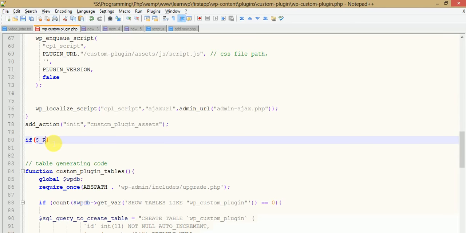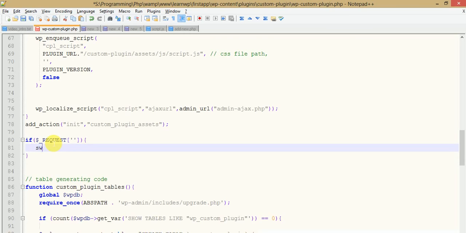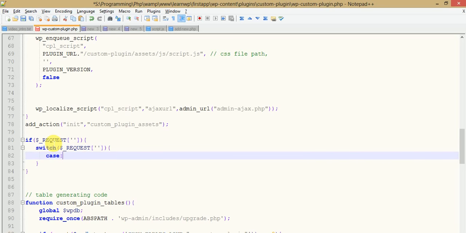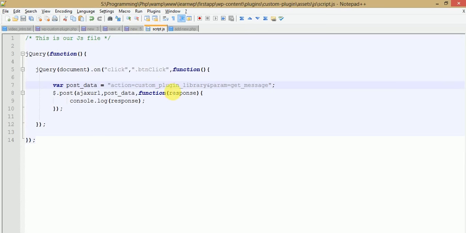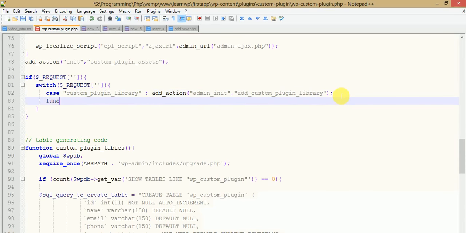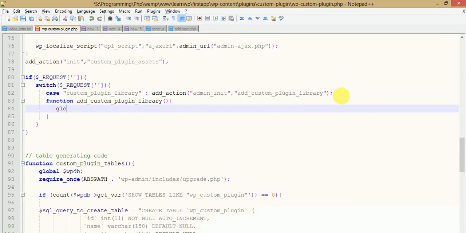If request equal to, then switch request, case when it's custom plugin library, copy that, paste it here, then add action admin init, admin initialization, add custom plugin library, this is the function name, copy this, paste it here, global object to PDB,